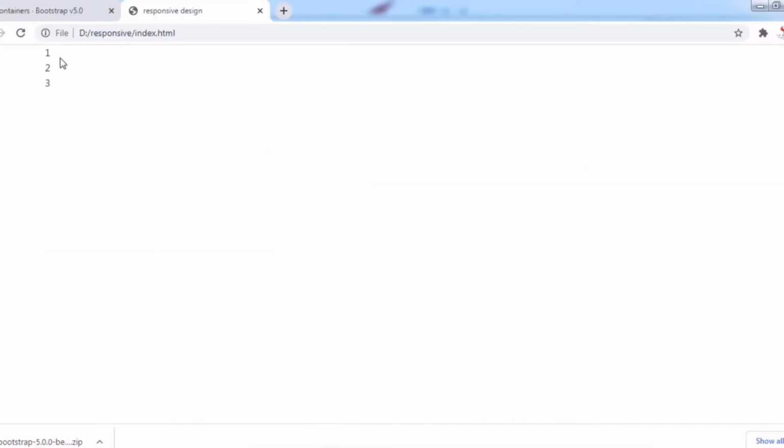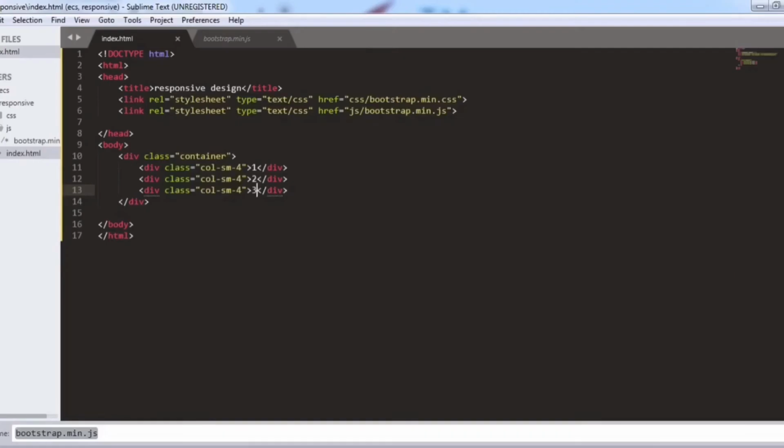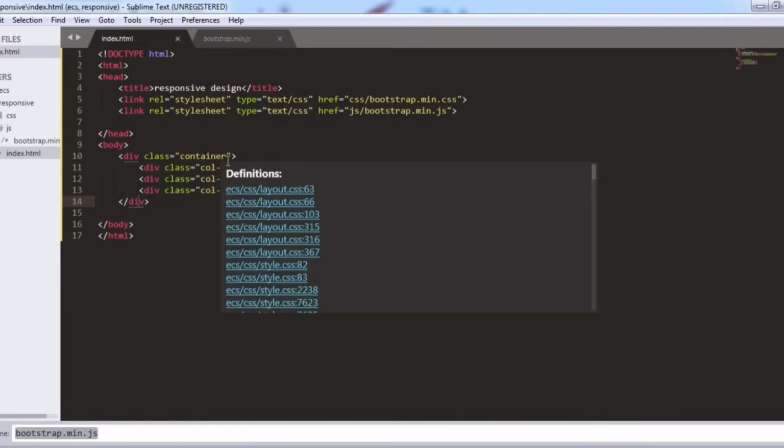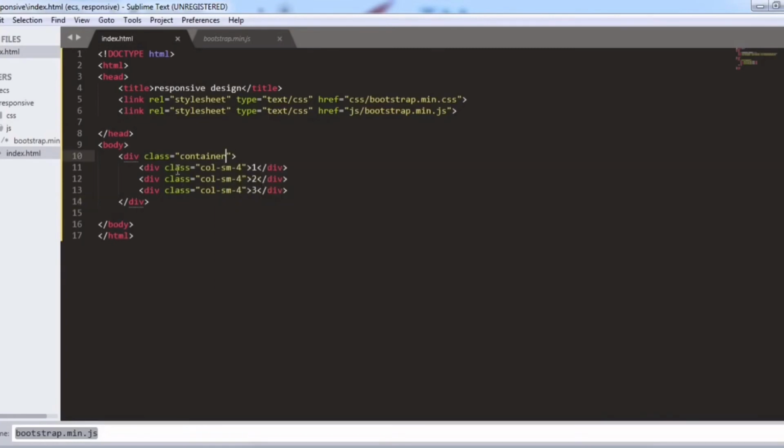So as we have not taken the row, these are serially pasted in our browser. So now we will take the container in a row, so that 1 to 3 will be in the same line.